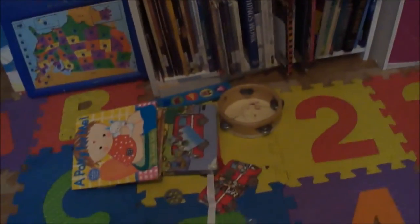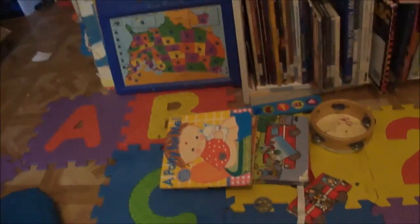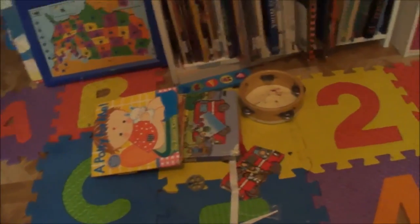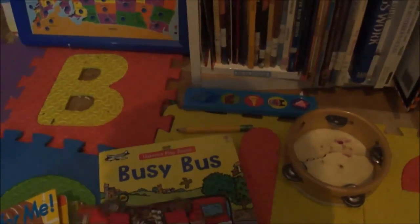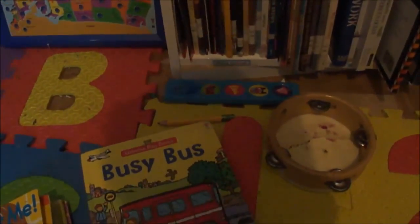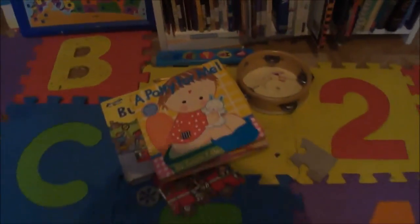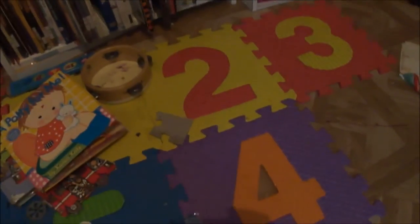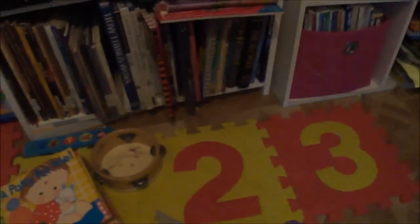And so what I've done was put down some mats for this little area right here for now. This is their little reading area. And you see the baby has a couple more books down here. Oh, this Elmo book. She loves this book. You have to move the bus around different places. That's what's there. And potty for me. So they sit here or at the table and they will read. But that is pretty much the